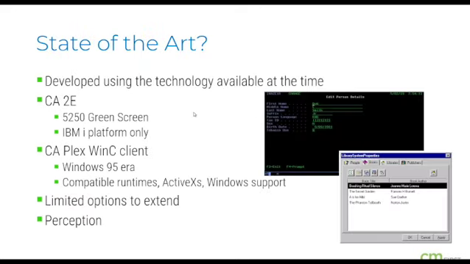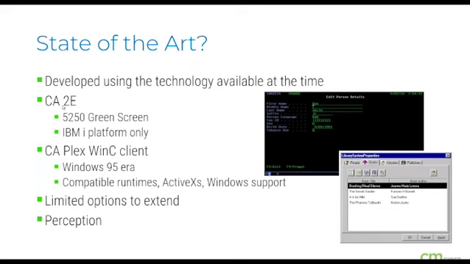So, as I said, some of these systems are up to 30 years old. They were developed using the technology that was available at the time, but as we know, technology is constantly moving and evolving. So some of these systems are beginning to show their age.